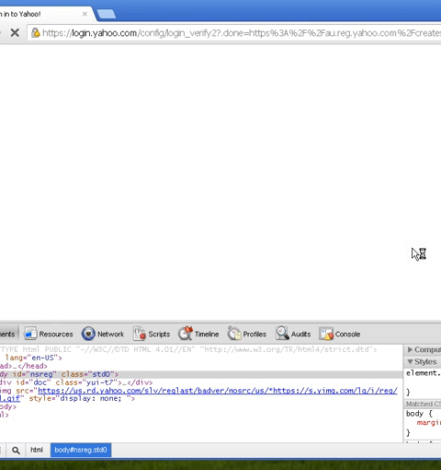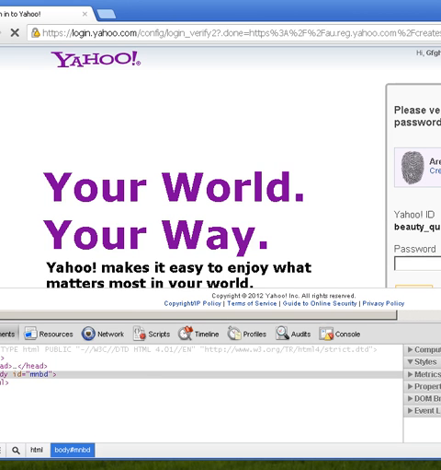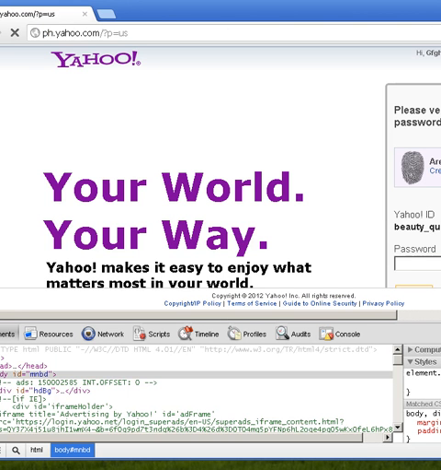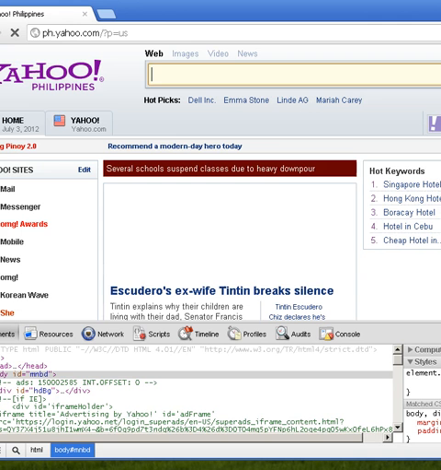Create a demo broadband ID. Just have to go back.